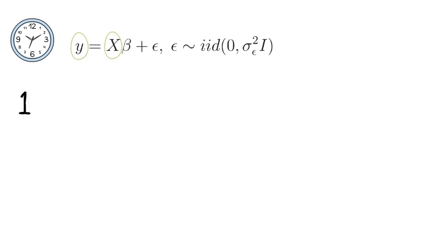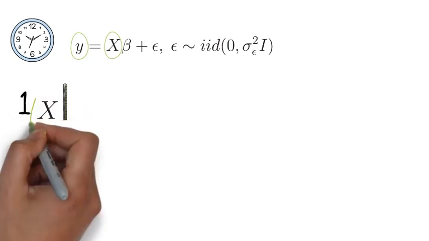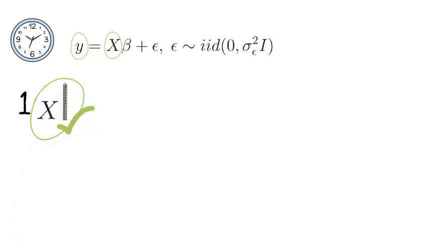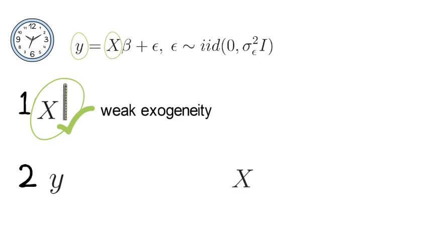First, x is measured without measurement error and can hence be treated as being a constant. Technically, this assumption is called weak exogeneity assumption. Second, y and x share a linear relationship, also called linearity assumption. Notice, due to weak exogeneity, x is treated as a non-random constant, and hence any form of deterministic transformation, such as for example a polynomial transformation, can be applied to any member of X.